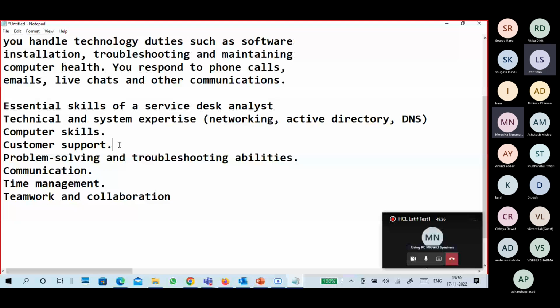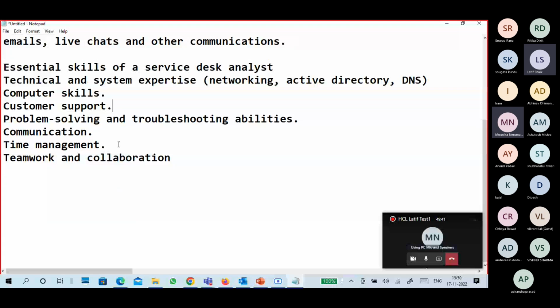So: general technical and system expertise, computer skills, customer support, problem solving and troubleshooting abilities, good communication, time management, teamwork and collaboration. Discuss with people and coordinate with your employees.